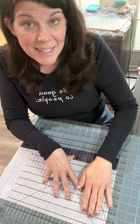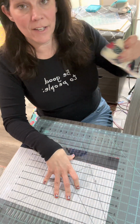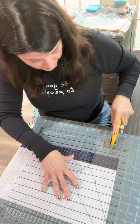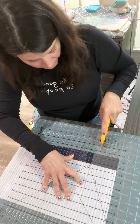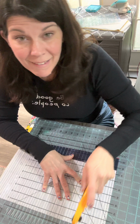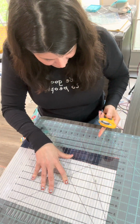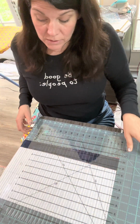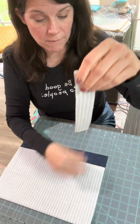So I'm going to lay this down. I'm going to do a 1.5 inch strip to go on the edges of my thing. With this ruler, here's my 1, here's my 1.5. I'm going to drop it in that hole and I'm going to cut it. The next one up is 3. That slices through that baby like butter. And then I'm going to go up another 1.5 inches, which is 4.5. There we go. So now I have 3 cuts, 3 strips, which is more than enough for what I'm doing,